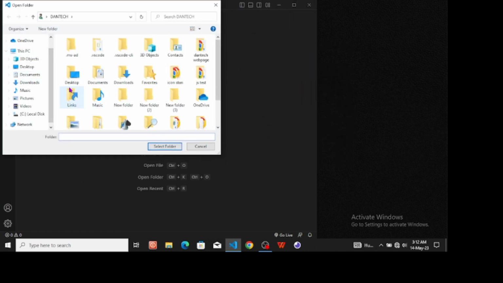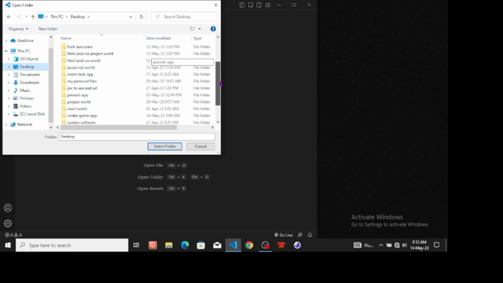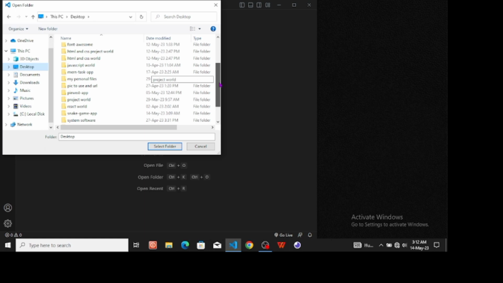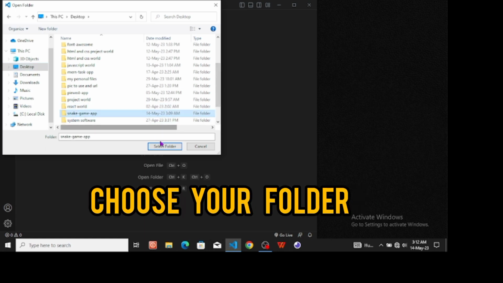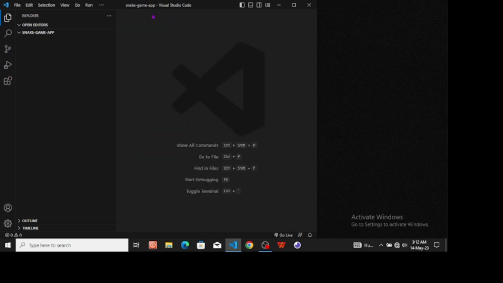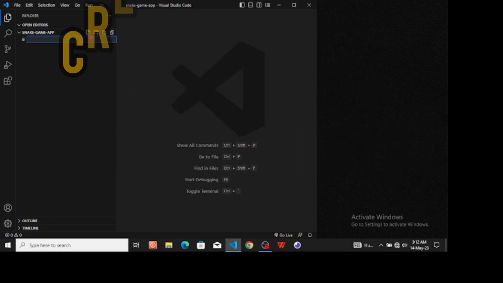Then this place will also open, almost the same thing with the previous one I did. Come to the desktop and then make sure you select the folder which you just created now. I select snake app folder and then I click select folder. Now this folder is open. Make sure you cancel this welcome. Then now to create a file, you click here. This is a file. Just click here and then you can start with typing